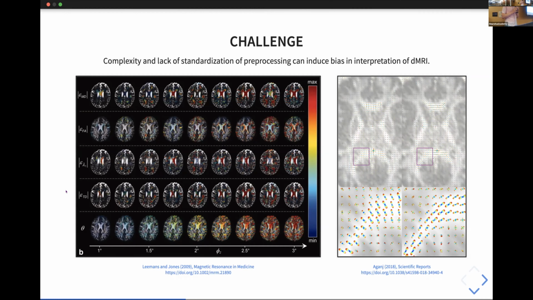The second is that sometimes you get an axis flip in your gradient table. And if you don't